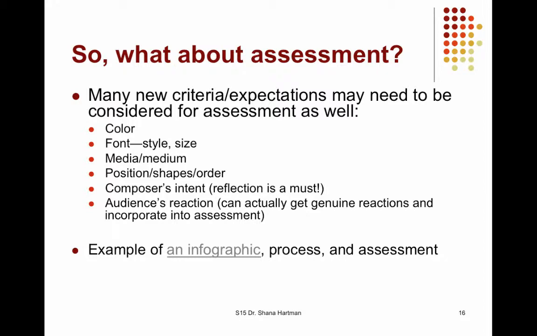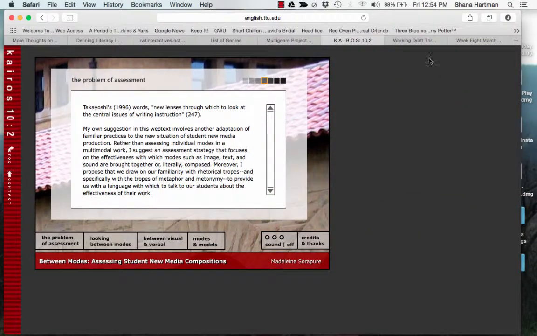And then we can actually get an audience reaction, and so that can be a component of assessment for these pieces. We can post these, we can share these, they can be presented in different ways than black words on a white page paragraph with citations paper. We wouldn't typically ask a student to read that in class. So let's look at an example of this from one of my students.